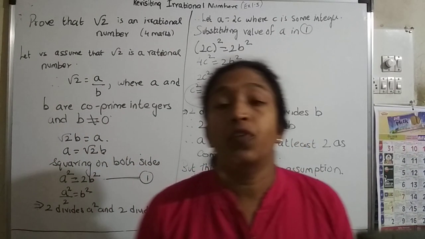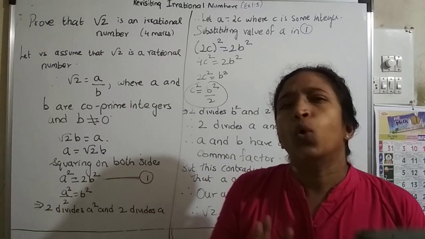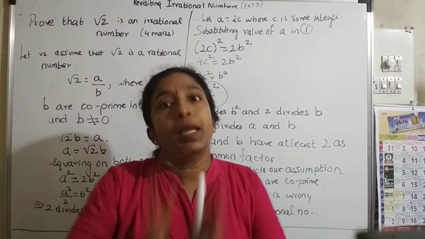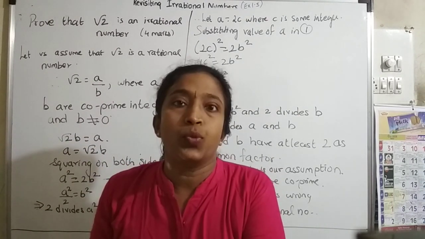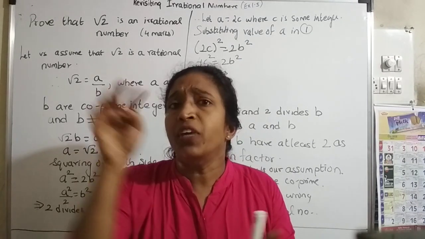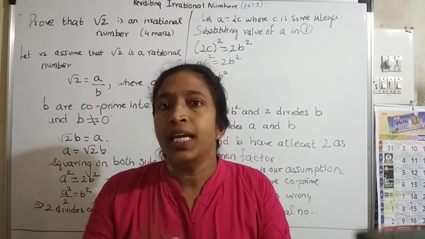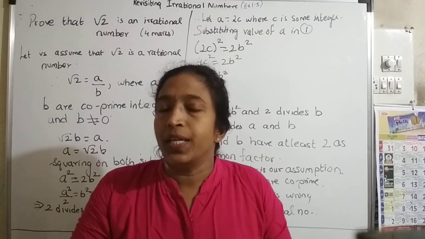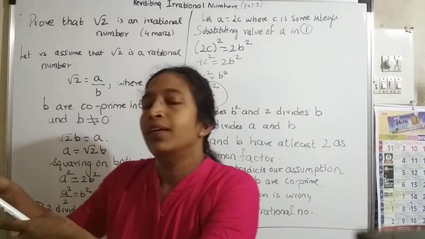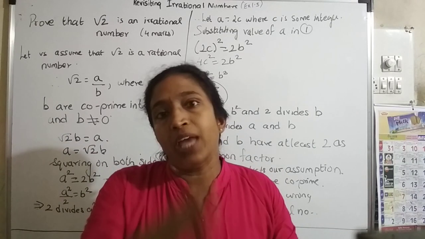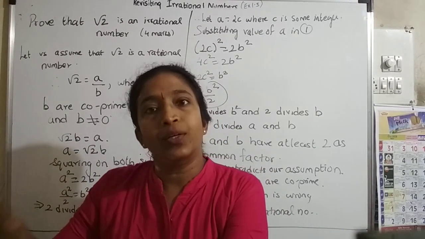I hope this proof is understood. Once more, a quick recap we will do. So we have proved initially that if P is a prime number and P divides A square, then P divides A. Correct? So how did we prove that? A we have written as a product of primes P1, P2, P3, dot dot dot Pn. I hope you are visualizing when I am telling. So A square will be P1 square, P2 square, P3 square, dot dot dot Pn square.